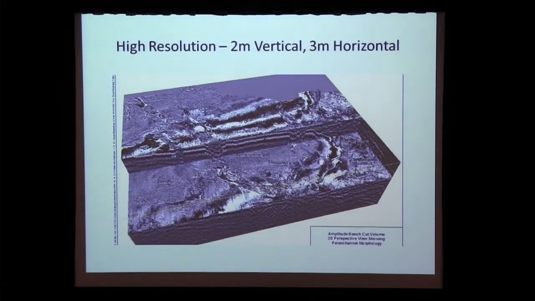This is what we're working with, a portion of the 3D volume, to give you an example of how we can image the acoustic data that we get here. This is just a bench cut. So we can go down, we can slice, and we can dice. And this is what we've done in our interpretation methods. We've also used various attributes to help us out, to give us good visualization.